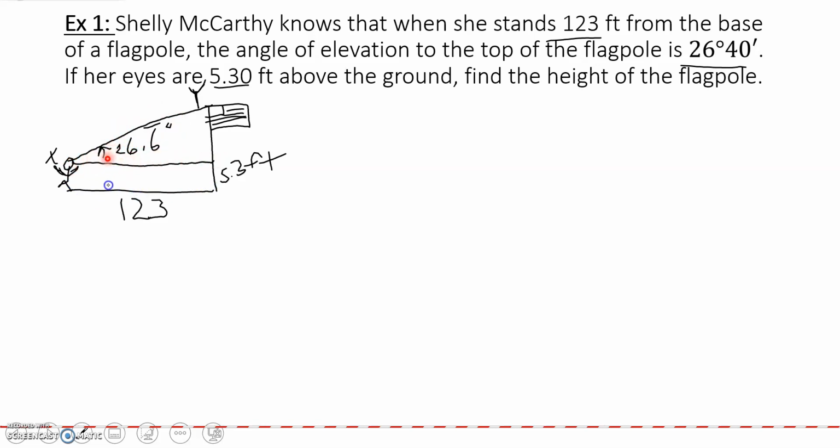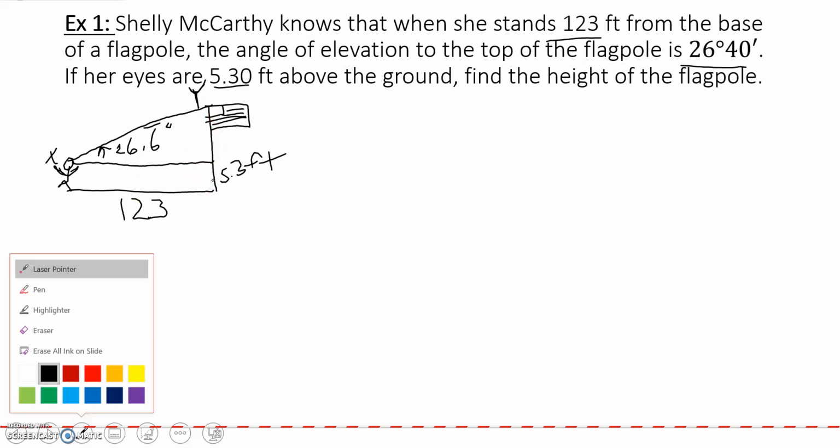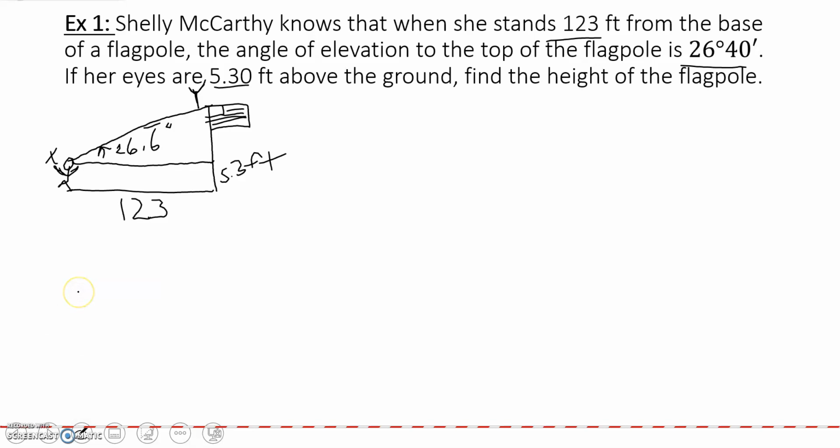So if I use this angle and this side, this will be the adjacent side. And I want to know the opposite side of that angle. So I have the adjacent side, I want to know the opposite. The trigonometric function that uses opposite and adjacent is the tangent function. So I'm going to use the tangent